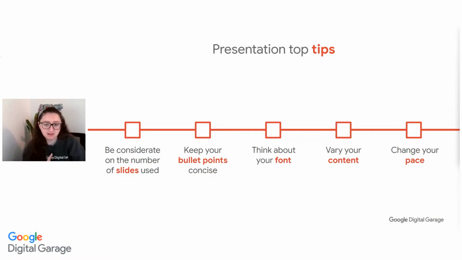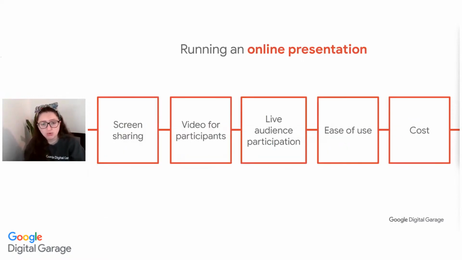And finally, pace. Can you keep it interesting by varying the pace, not just of how you speak and how long you spend on each slide, but also what's on there. Sometimes you might have a long slide like this where there's just key points. I'm going to spend some time on it. And then sometimes, like the slide previously, we've got one point with a visual. So varying that pace to keep your audience engaged with you.